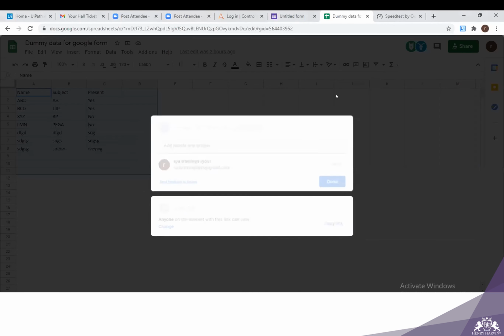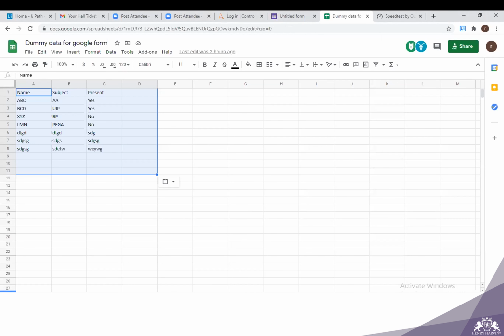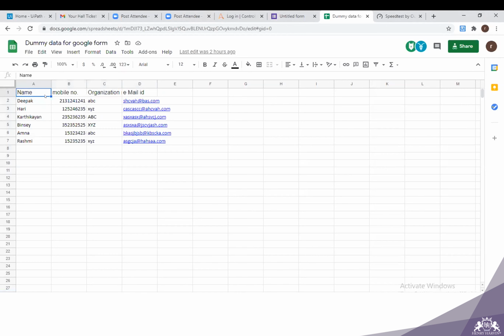You can copy paste the data from sheet 1, the data where we have name, mobile number, organization name, and details like that. I'll just show you that sheet so that you can understand which sheet is to be copied and you have to create on your machine. So this is the sheet which you have to copy: name, mobile number, organization, and mail ID. You can copy this data and paste it in an Excel sheet on your machine.